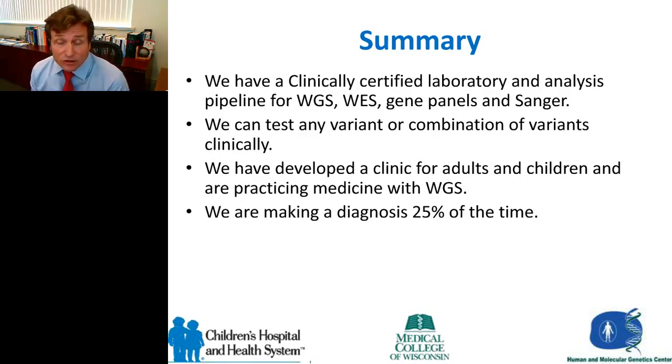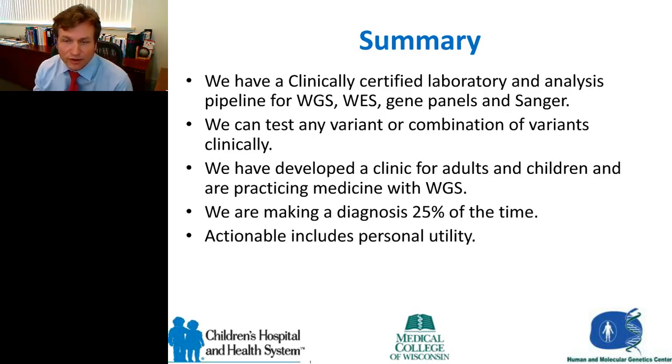We are making a diagnosis about 25% of the time. It's just bumped up. As I told you, we've solved 2 more cases this week. But between 20 to 30% is what most undiagnosed disease programs are talking about resolving right now. And if you've heard other people talk about this, they're going to come up with many of the same things that I've told you, which is that these variants of uncertain significance are the challenge.